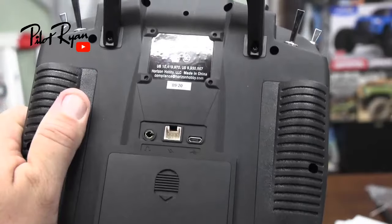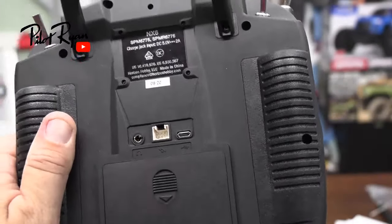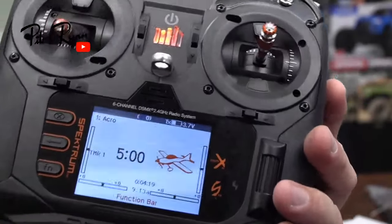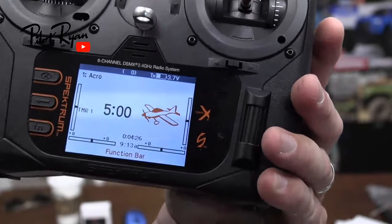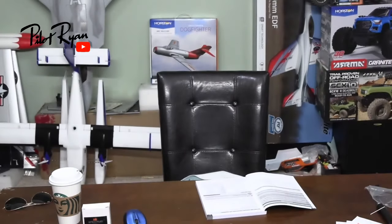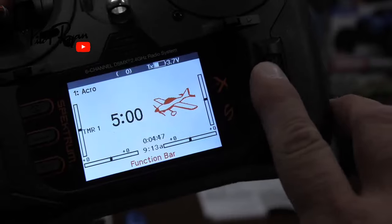There's those ports I was talking about. Good shot of that. And it charges off of this one here. Very cool. I like it. It's going to be nice being able to do the firmware updates like right off the radio. You know what I mean? Like Wi-Fi. And by the way, I can tell that the screen is flickering to you guys, but in real life, it's not. It's just like the frame rate of the technology going on here with the camera and things like that. Once I got it highlighted, it doesn't do it. It's when it goes back down to...